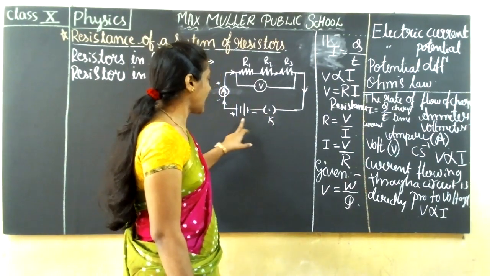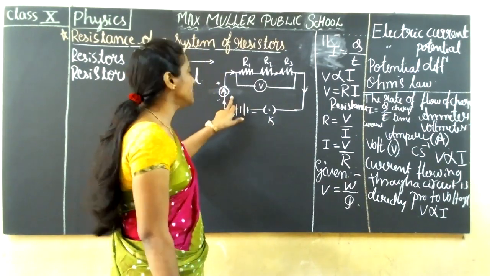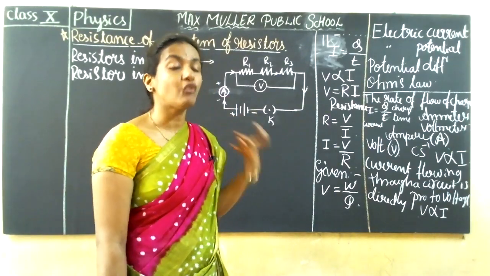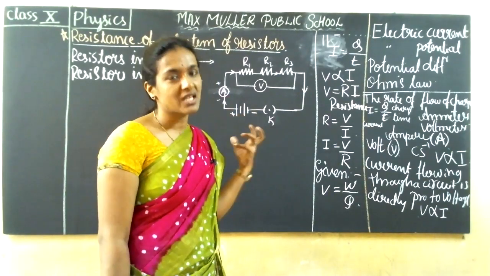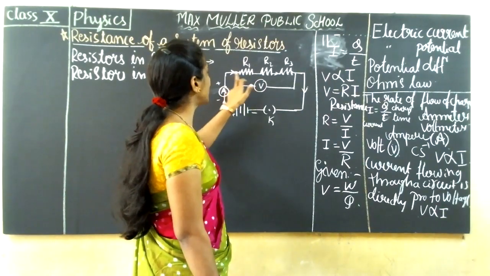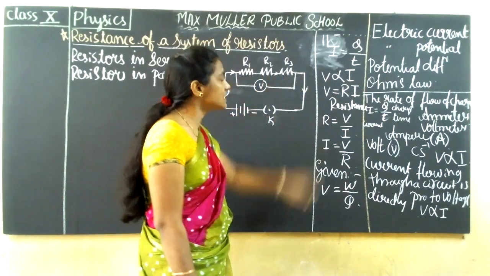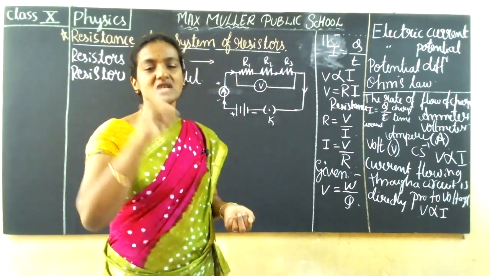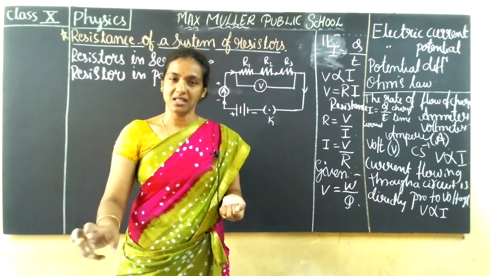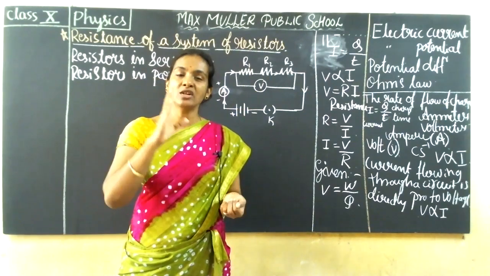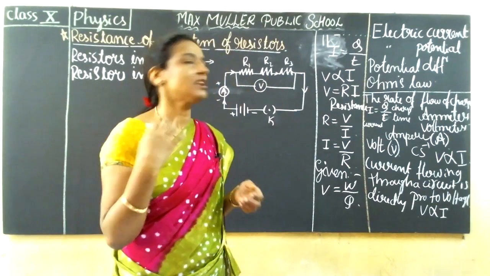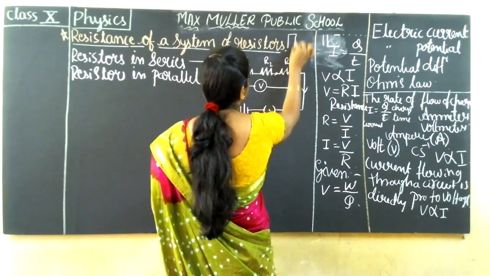So here the plug key and the battery, this is the source, and the ammeter, so that you can get to know how much current is flowing in the circuit. After this, I am going to connect the resistors in series. The first statement is that resistors in series means we connect the resistors one after the other. See, while doing my graduation classes, resistors looked like this.